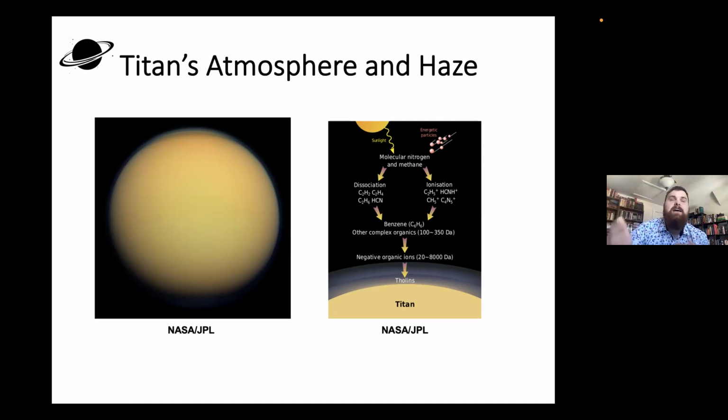Central among these heavy organics are these really long-chained molecules of a bunch of different carbon, nitrogen, and hydrogen linked together called tholins. These were first introduced by Sagan and others when they were trying to reproduce the early Earth, the origin of life type of scenario, where you get this chemistry which isn't quite life, but it's considered prebiotic because of its potential to evolve into something akin to life as we know it.